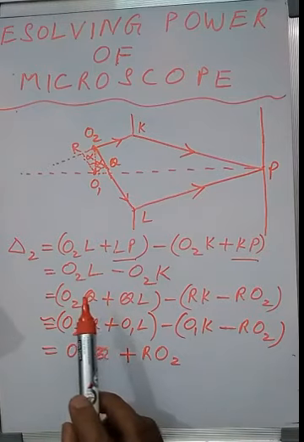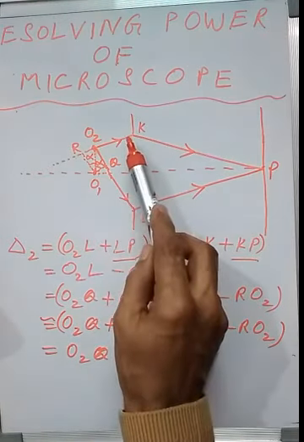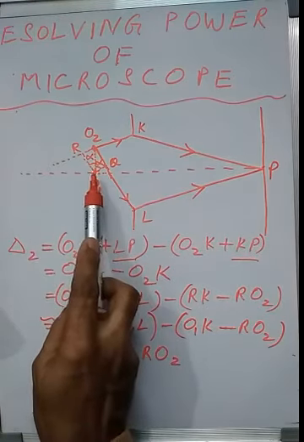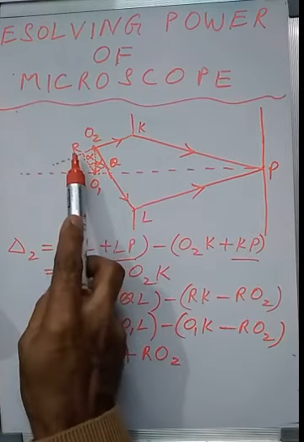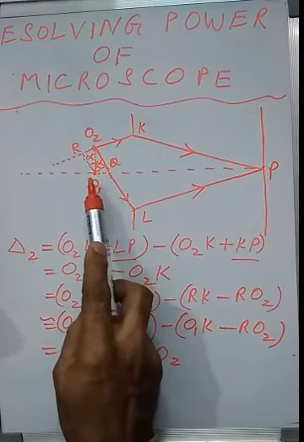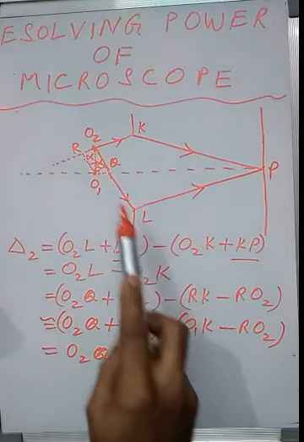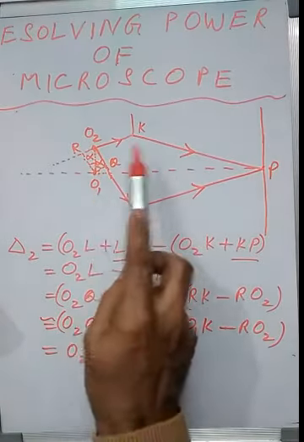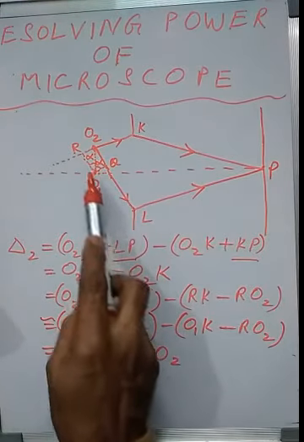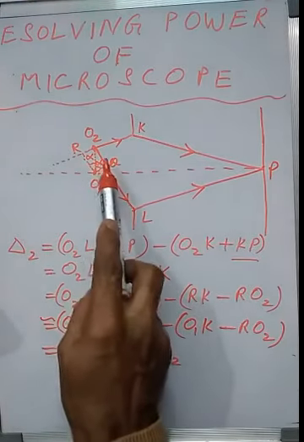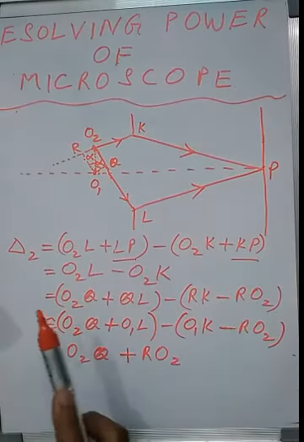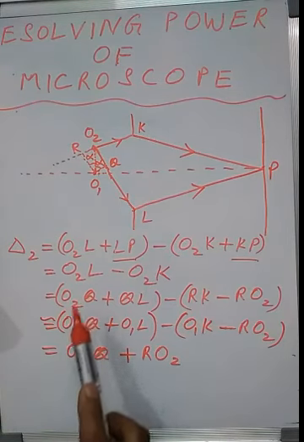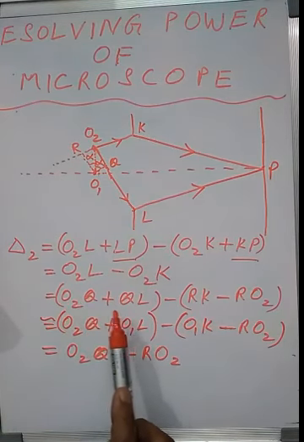Now what we do, we produce this line in the reverse direction and drop a perpendicular from O1 on this line, that is, the foot of perpendicular is R, and a second perpendicular from O1 on this line, that is O1Q. Drop perpendiculars, and by symmetry of the diagram, these two perpendiculars will make angle alpha with this vertical distance between O1 and O2. Using this diagram, we can write O2L as O2Q plus QL.